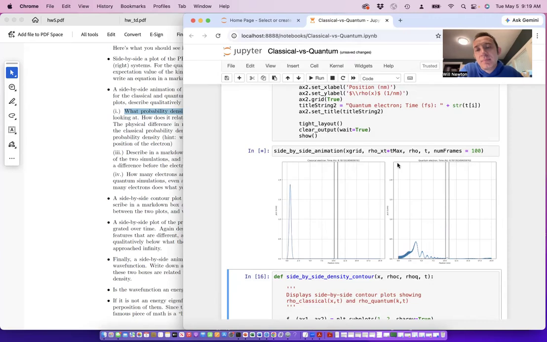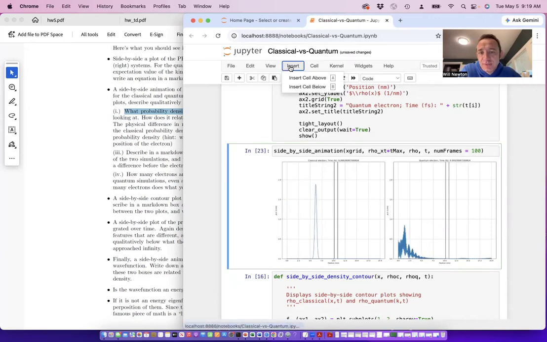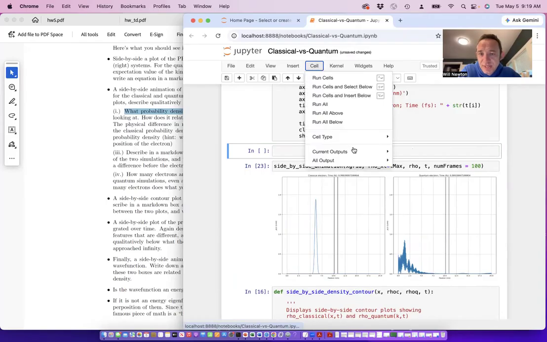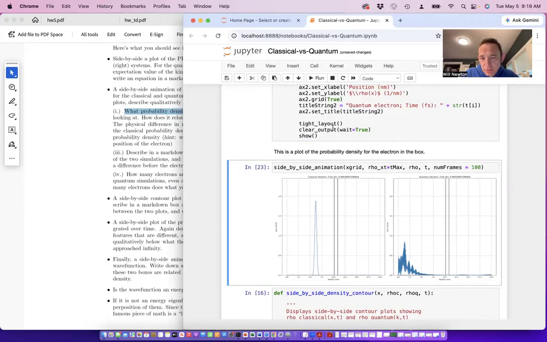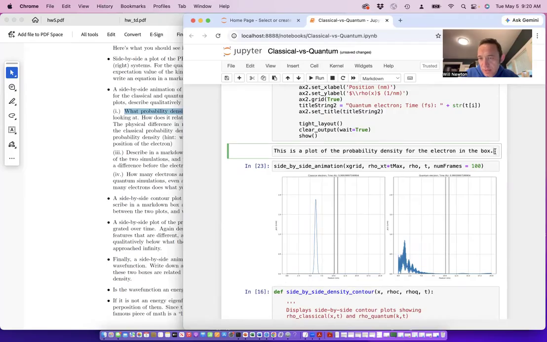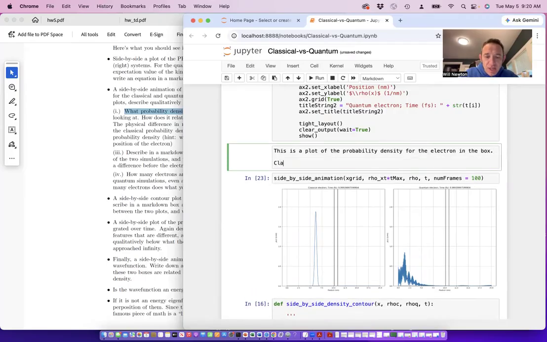What? So again, I would insert cell above, cell type, markdown, and then, you know, this is a plot of the probability density for the electron in the box. Double click on it to edit it again. So it means different things in the two different cases. So classically, the probability distribution shows dot dot dot,